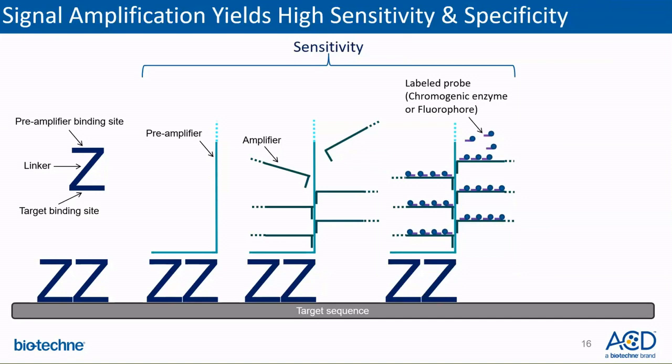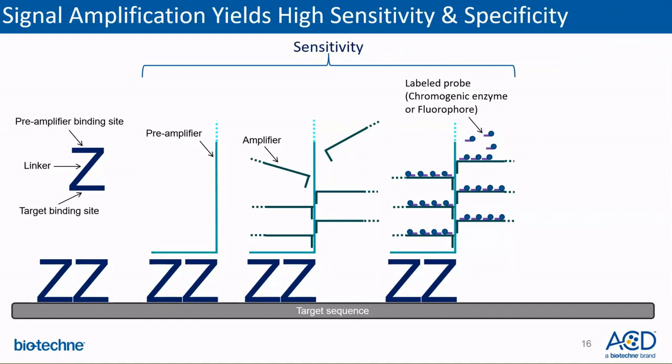Labeled probes contain an enzyme such as HRP that generates a visible signal after a chromogenic reaction, such as with DAB, that is detectable under a standard bright field microscope. The labeled probes can also contain fluorophores that allow for visualization of the signal under a fluorescent microscope. This signal amplification strategy provides for visualization of target RNAs as a single dot, where each dot represents an individual